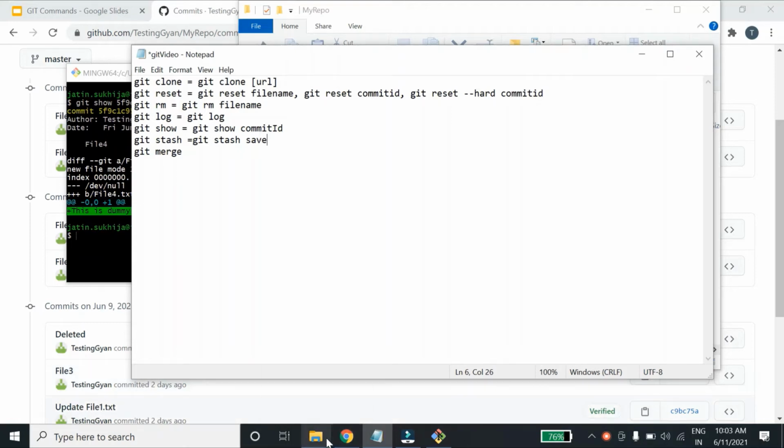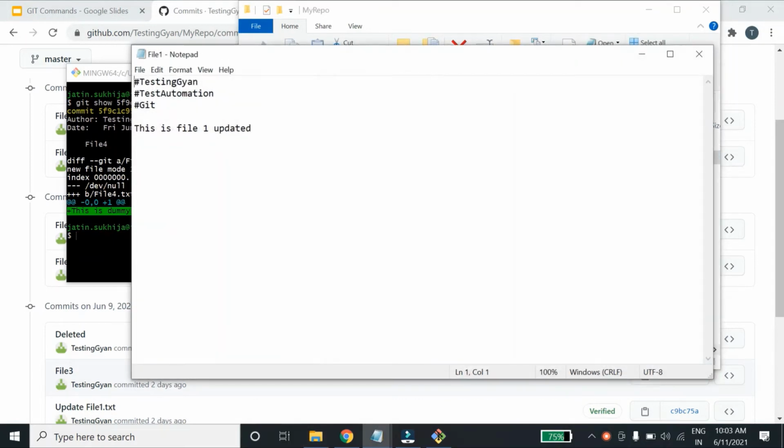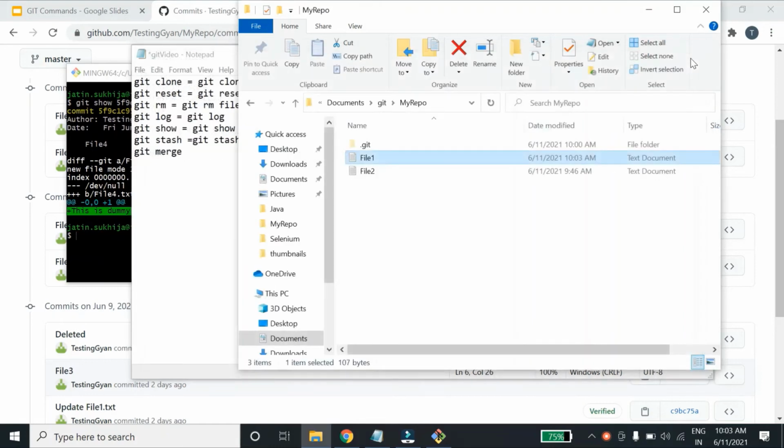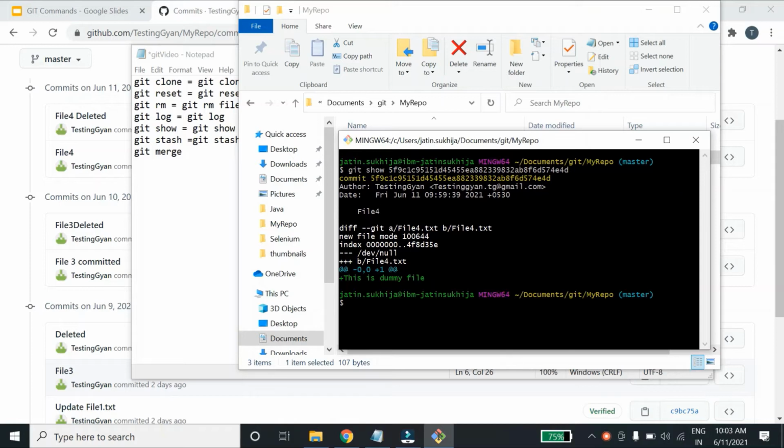Let me go to here and let me edit it, so you can see the content of this file is this. This is added to check git stash command. So now if I do git add, sorry, git stash, I have to add it first, yeah.